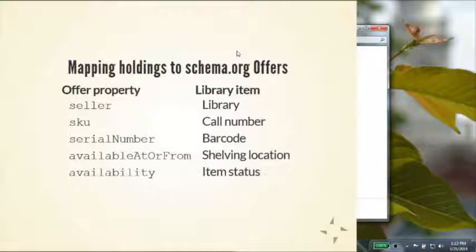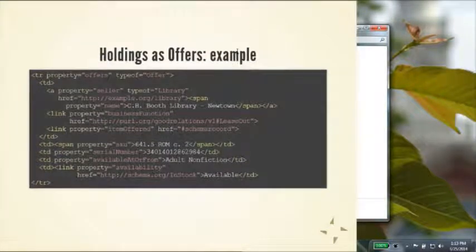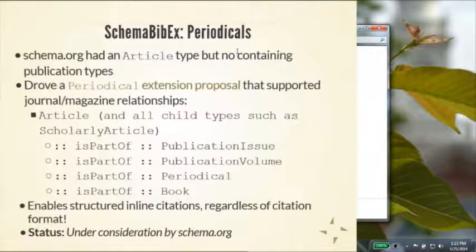A barcode is a serial number. It's a number that's unique to the institution that's employing it and uniquely identifies that instance of the item. So these things actually work pretty well, I think. And here's markup, which you can review at length after to see how we're doing this. This is the same page from Evergreen marked up with holdings.